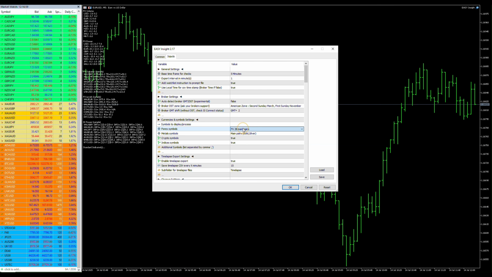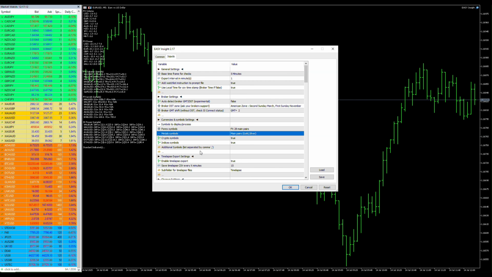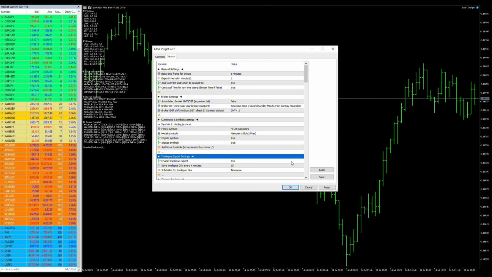Of course, you can decide whether to go with all 28 FX pairs or just the majors. Here you can enable gold and silver, and as I said, you can enable crypto and indices as well. Here down below we have the time-lapse export settings, and these settings are especially interesting because you can create some kind of market history, which is excellent for a detailed market analysis and to improve the reliability of the given